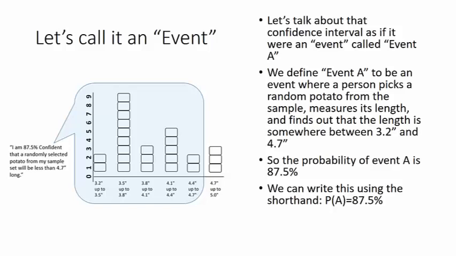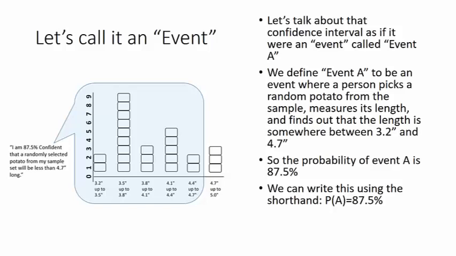So therefore, if we define that experiment and we say that that's event A, that you picked a potato and indeed it did fall within that range, we can therefore say that the probability of event A is 87.5%. Same as we said in the previous slide, but now we're just giving it a new name. We're calling it event A. But it's the same meaning. We're just giving some rules about the experiment we're going to perform and the likelihood that the experiment will be successful, that we actually do pick a potato that's between those lengths, is